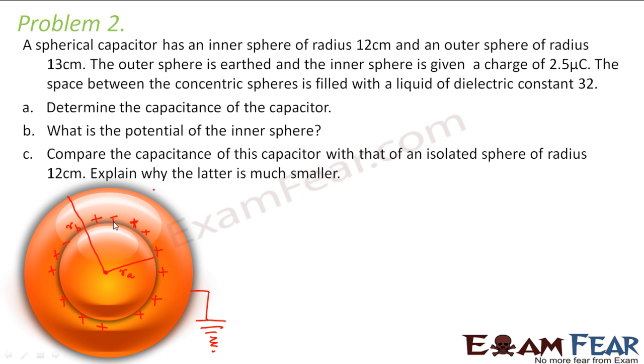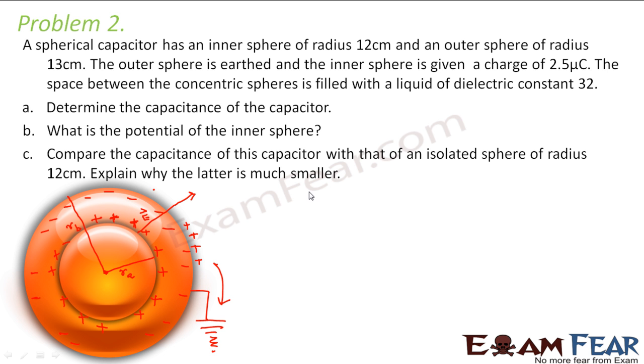So it has some charge. Now because of this positive charge, negative charges will be induced on the inner surface of the outer sphere, right? So here you will have negative charges induced, because of which there will be positive charges outside. But since the outer side is grounded, the positive charges will directly go to the ground and get neutralized, right? So here you will have the same pattern, positive charges, negative charges. So an electric field will be set up and the direction of the electric field will be outward. So this is how the electric field will be set.